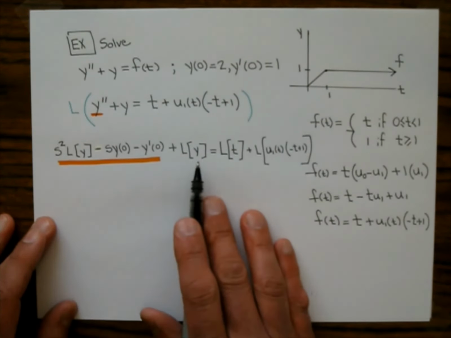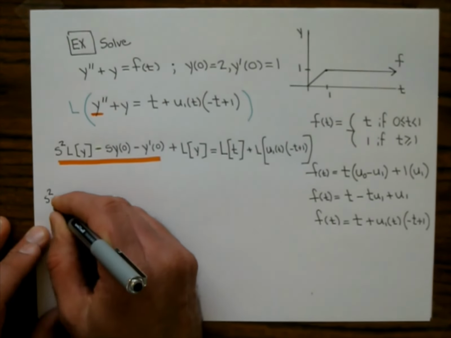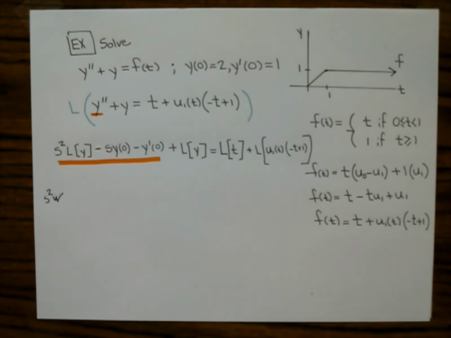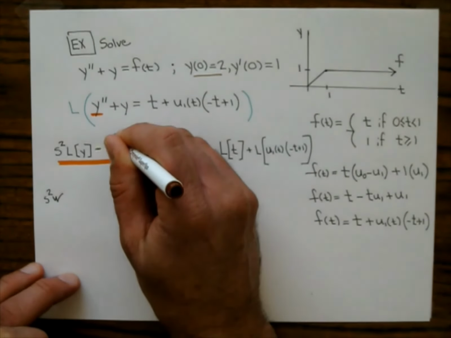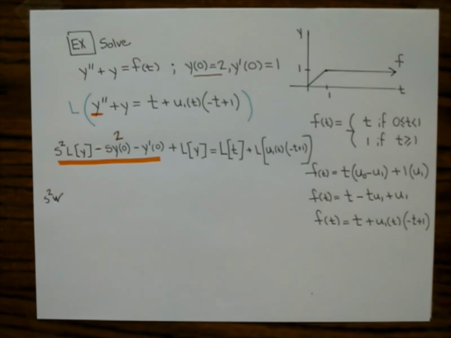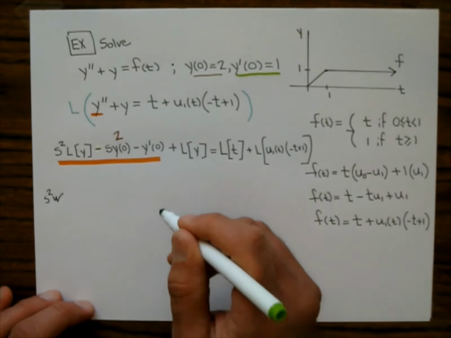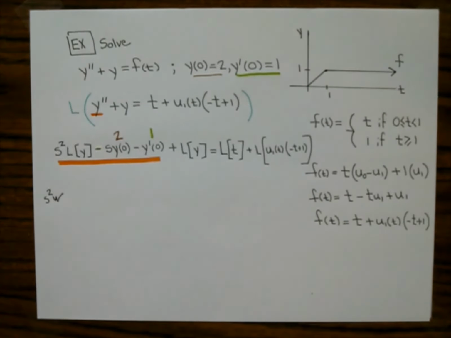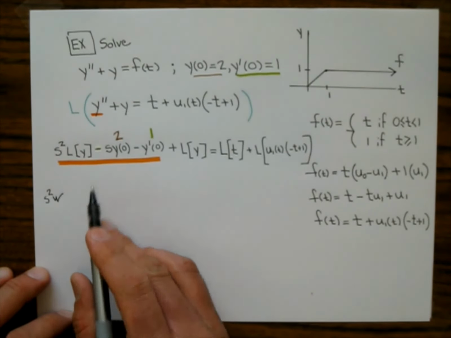First thing I want to do is realize that the Laplace transform of y, I'm going to set equal to W, so I have s squared W minus s y of 0. So what is y of 0? Y of 0 is that guy right there. It's 2, so this is going to be a 2 right there. And y prime of 0 is 1. So there's a 1 right there. Hopefully that color shows up on the PDF. So we have minus 2s,